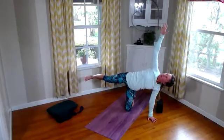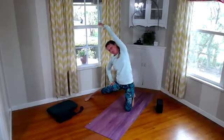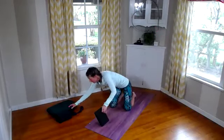Good. Breathing it here. And go ahead. If you've got that leg up, release that down. Let's bring ourselves center and reach it over. And then release that. Now, if you want to use both blocks for your camel's pose today, feel free to